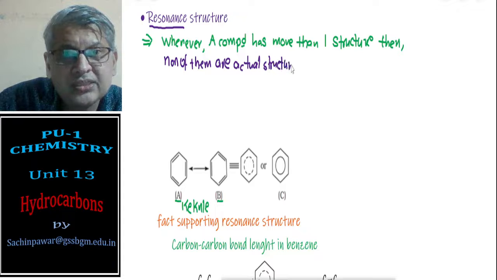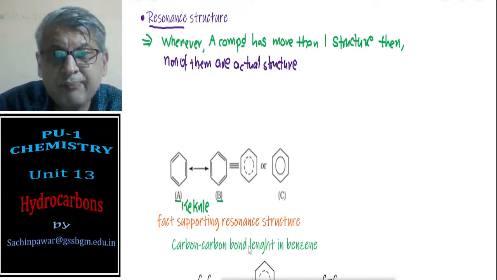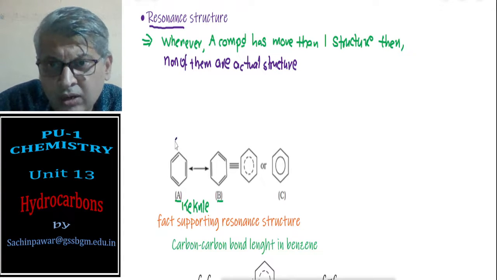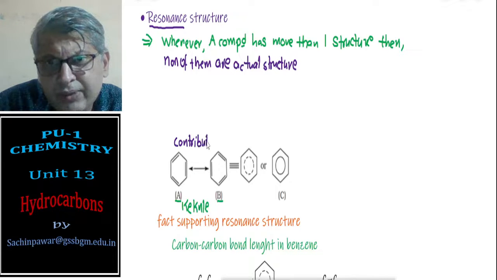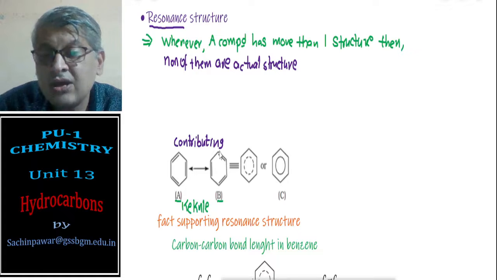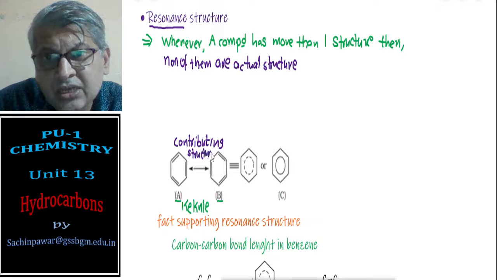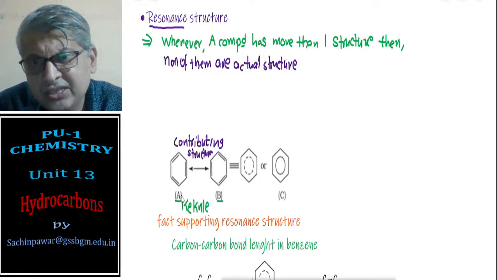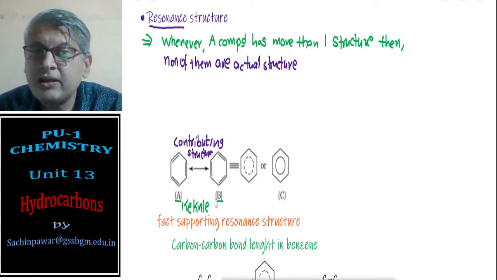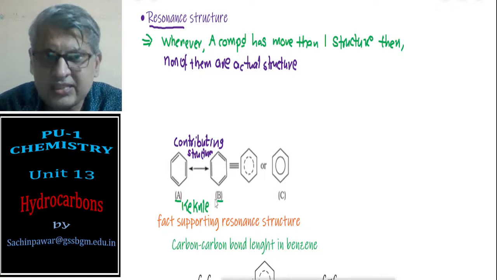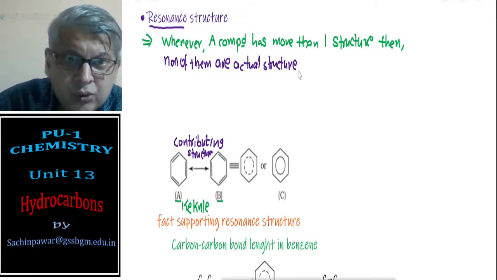They are simply known as contributing structures or canonical structures. So Kekulé structures A and B are simply contributing structures or canonical structures, and the actual structure